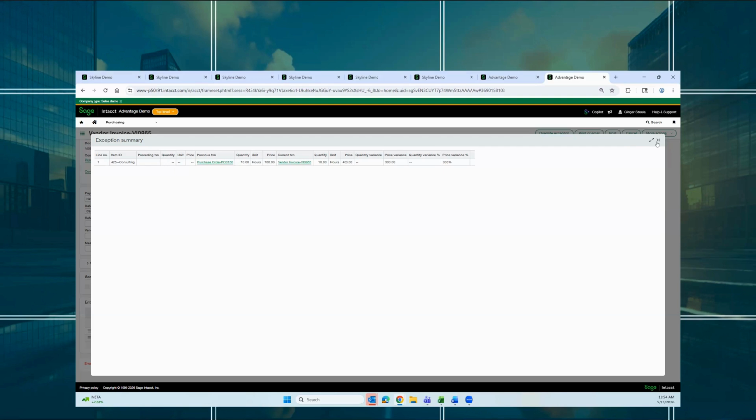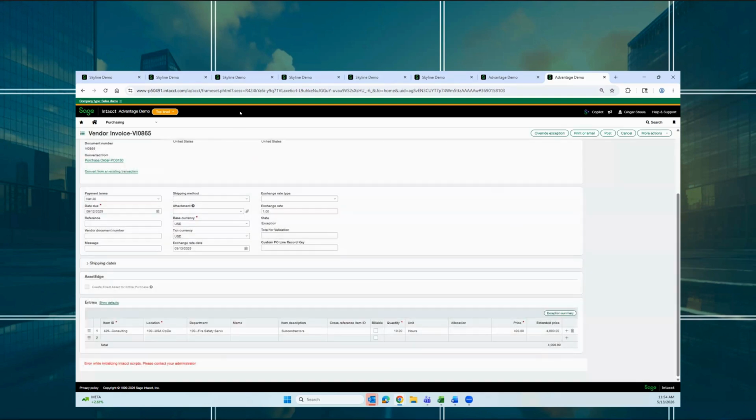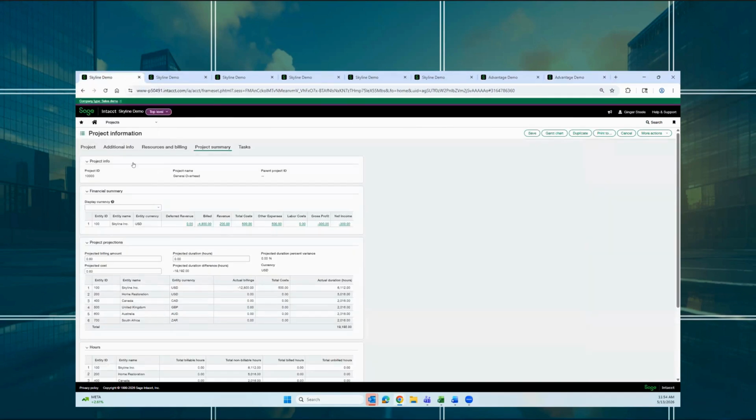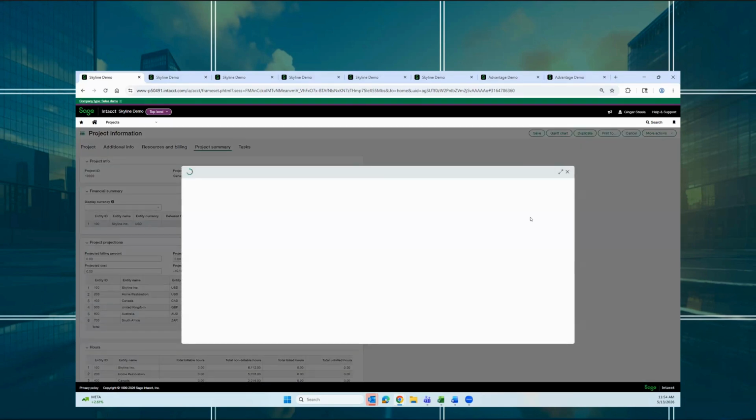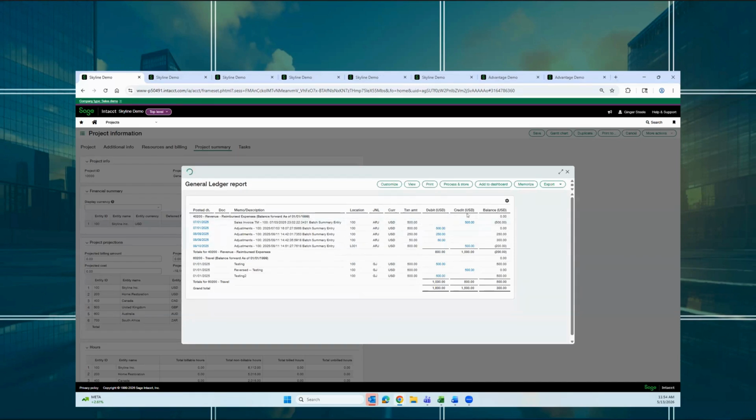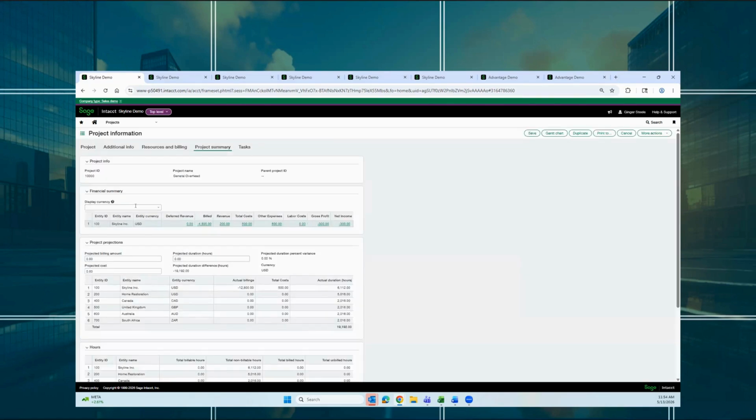Real quick, the other couple things you can do, I want to show on the projects. So they are now adding an option under the project summary that you can display currency. So if you were to run a GL report, your GL report is going to be in USD, the base currency. But maybe you have a different transaction currency. And even though you're running the GL in the base currency of USD, you want to see what the summary would look like